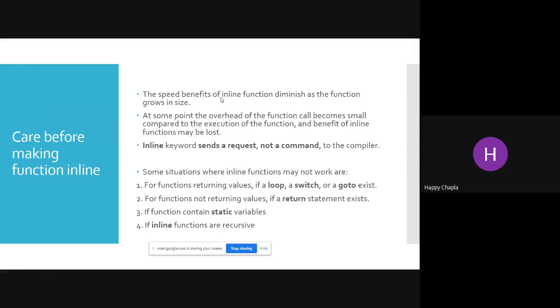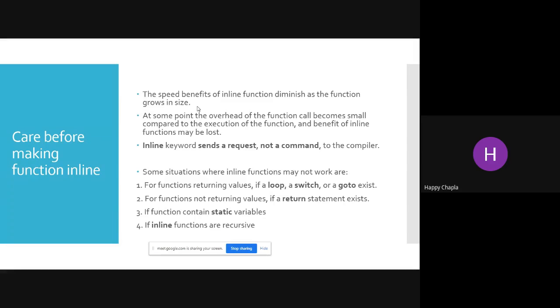As we discussed earlier, the speed benefits of inline functions diminish as the function grows in size, right? So it will not give you the proper benefit. At some point the overhead of the function call becomes small compared to the execution of the function, and the benefits of inline may be lost.